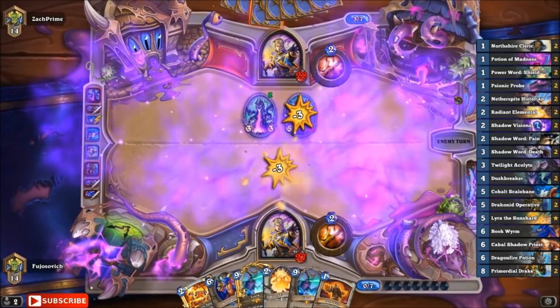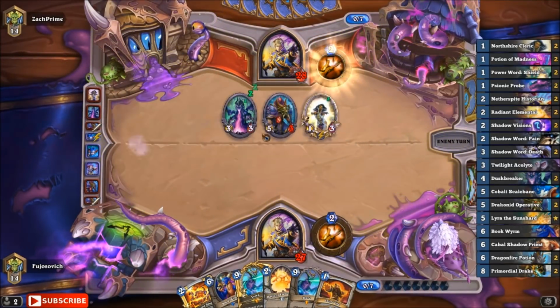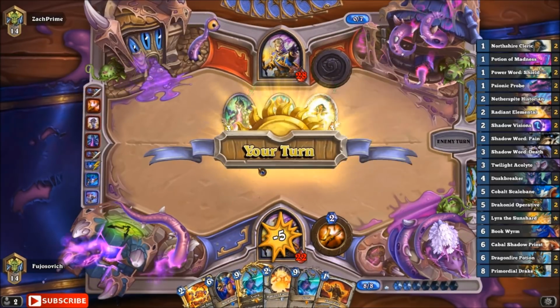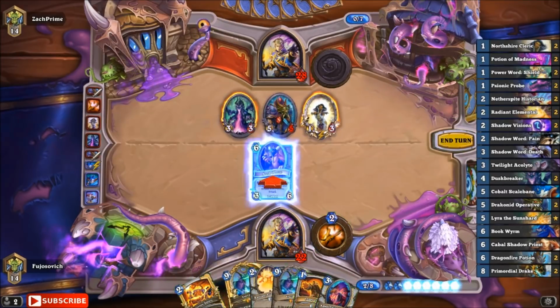Our opponent found 2 Duskbreakers here. See, if we were able to have played our Ysera right now, like if we were going to 9 instead of 8 mana, I think we would be in great shape. But we're in a really, really tough spot, so I'm going to just...